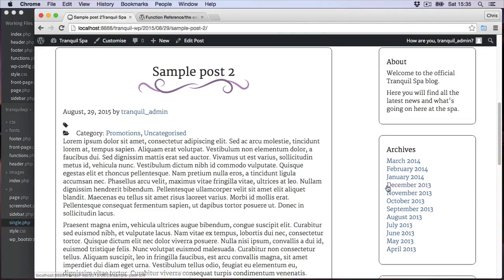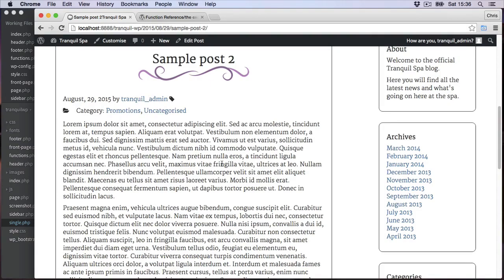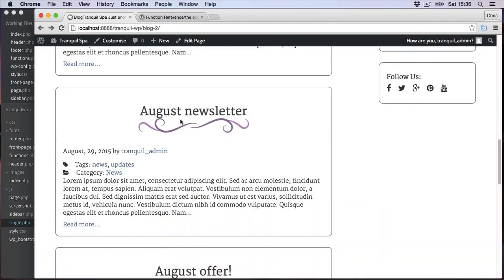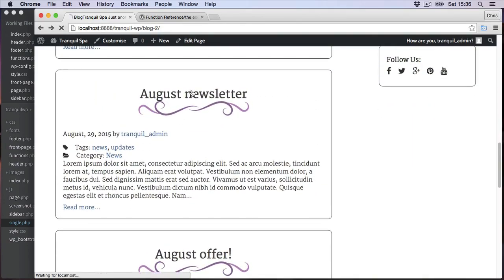Okay, and save that, and let's see if that's working now. Okay, I think that's working. We're just missing the tags off there just because I don't think that post has got any tags, which it doesn't. So if we try the August newsletter one,